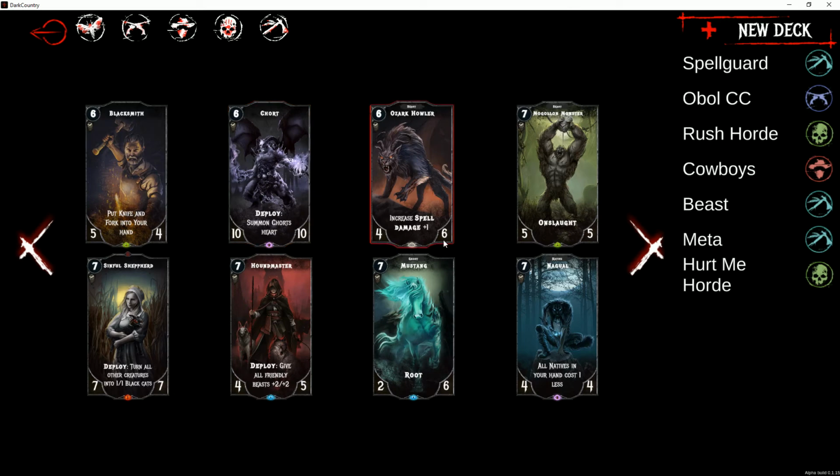Which is fine. Increased spell damage. Any of these are only while they're on the board. Same with the Ghost. Onslaught. So here's a new keyword. So Onslaught creatures deal excess damage to the hero behind them. Right. So if you had this